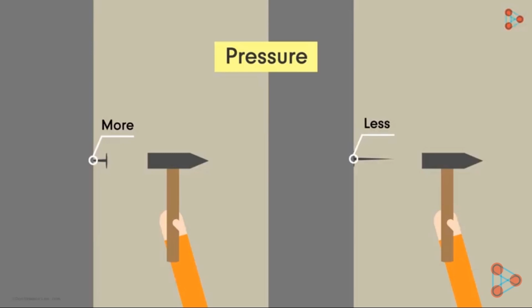So what is the reason why it is not piercing inside the wall? For that, we need to consider the surface area first. See the first image. The surface area of that pointed end is very less. But consider the second image. The surface area of that flat portion is more.